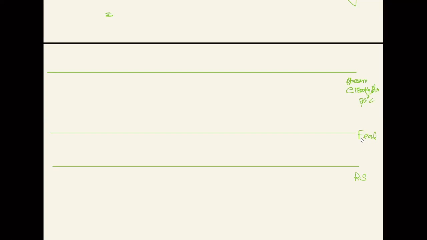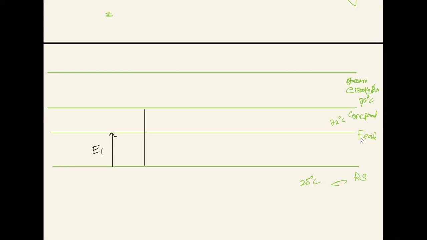72. Then there will be your feed, concentrated. This is your concentrated product. This is at 72 degrees Celsius. So I take a reference state of say 25 डिग्री सेल्सियस एंड नाउ आई ट्राई टू कैलकुलेट एनर्जी. सो फीड की एनर्जी यहाँ से यहाँ आई कुछ E1. ओके, कॉन्सेंट्रेटेड प्रोडक्ट की एनर्जी यहाँ से यहाँ आई E2. ये एनर्जी यहाँ से यहाँ आई E3.